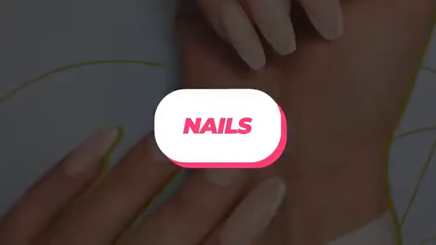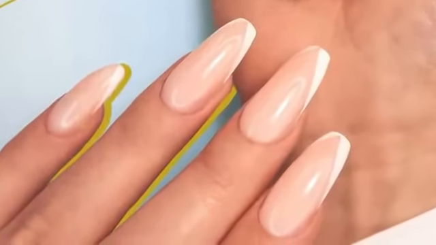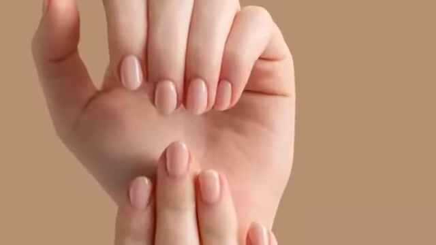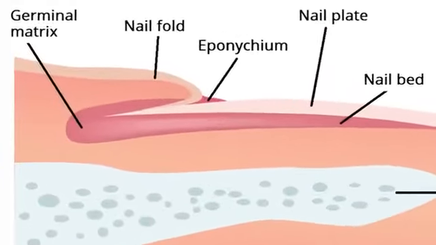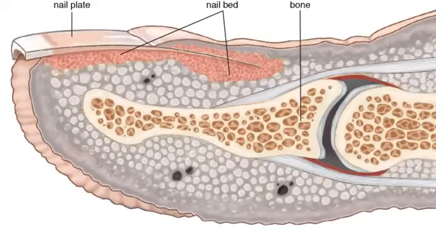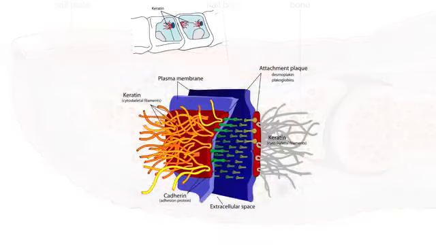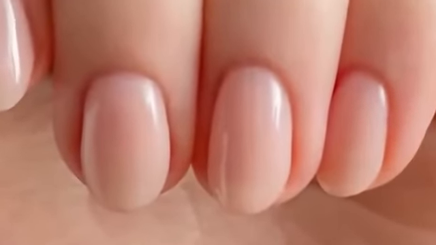Nails. Nails are made up of keratinized cells and protect the tips of the fingers and toes. They also aid in grasping and manipulating objects. Nails are formed in the matrix, which is the base of the nail, and are pushed forward as new cells form. The nails are composed of several layers of hard, compacted keratin, a protein that makes up hair and other parts of the body. Nails also have a pink color due to the presence of blood vessels in the underlying